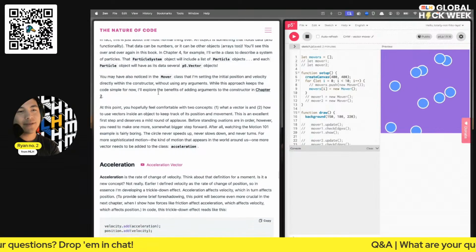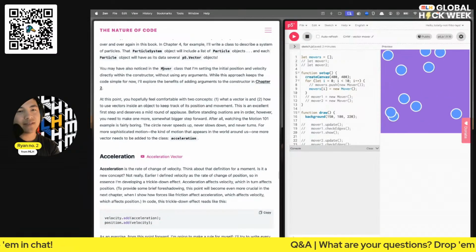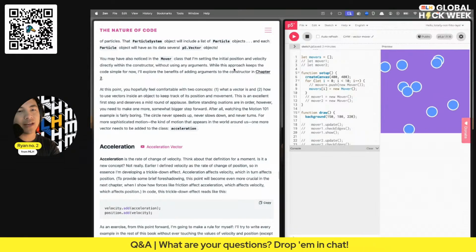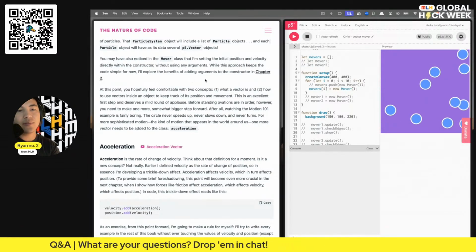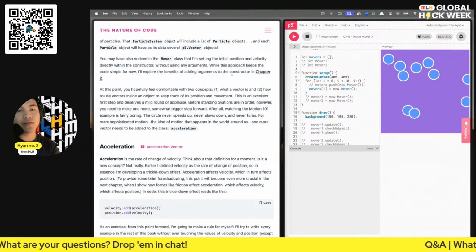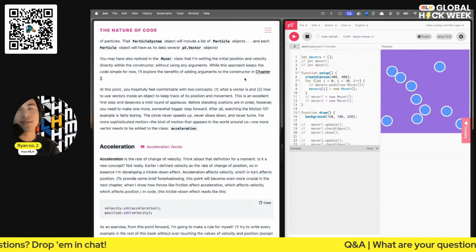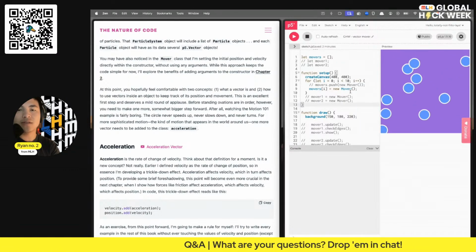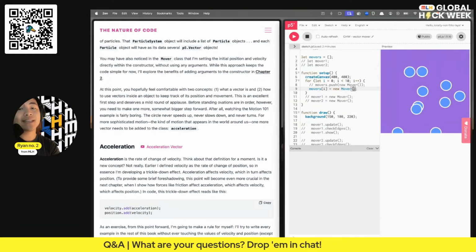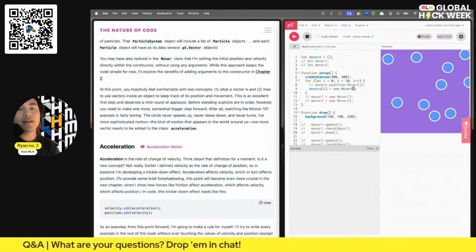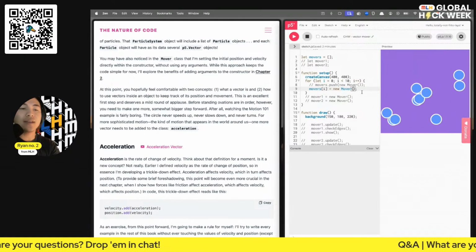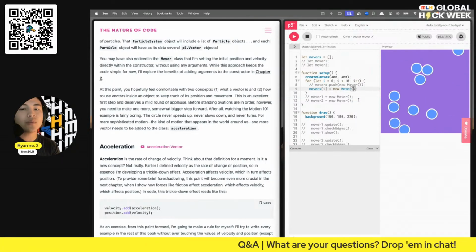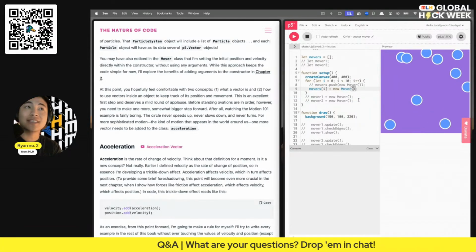So, you may have noticed in the mover class, setting the initial position of velocity inside the constructor without any arguments, but we will be exploring what happens when we actually add arguments to the constructor. When he's talking about arguments to the constructor, basically right now inside of our parentheses right here, we don't have anything inside of it, but if we wanted to add arguments, we could have added in a number here, maybe to help set the initial